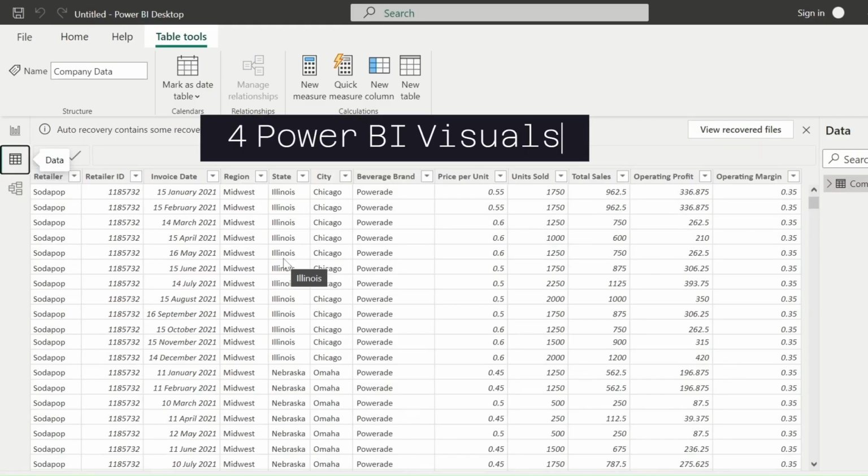Hello everyone, in this video you learn 4 Power BI visuals you probably didn't know. So let's get into it. We have got the decomposition tree, which I know sounds quite fancy, but it really is just to understand the root cause